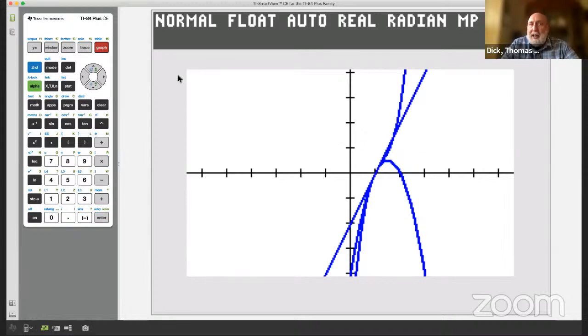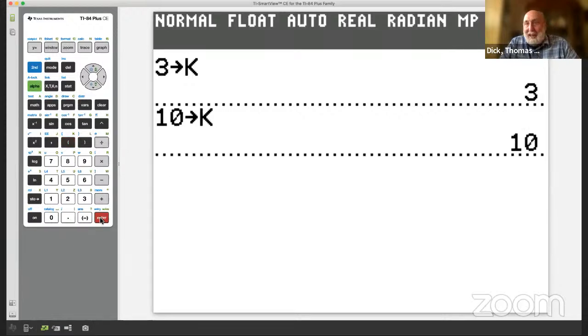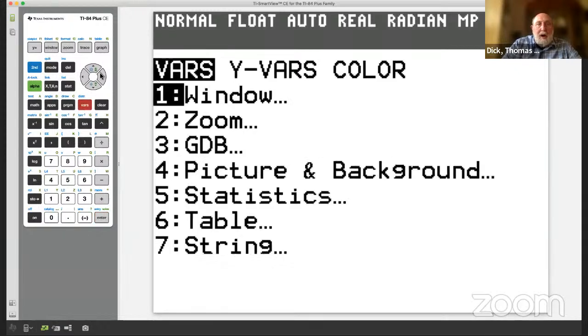Here's another thing you can do that I think is really nice. I'm going to go back to the calculator screen and store 10 in K. Don't worry, I'm not going to graph 10 things, but if I did graph Y1 again, it would show me the first 10 graphs up to the 10th degree. But what I want to do is evaluate Y1